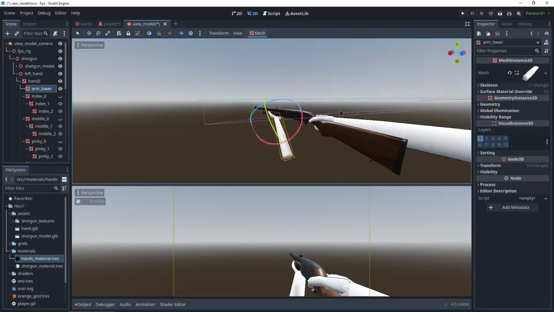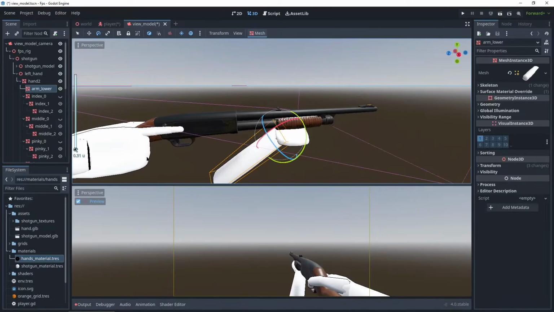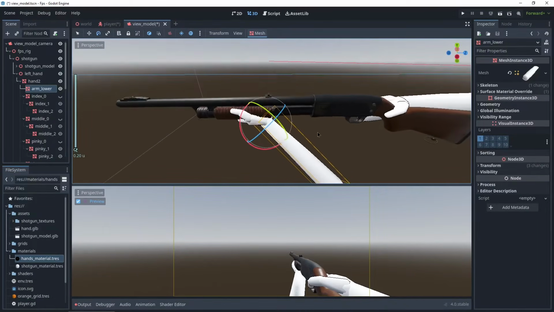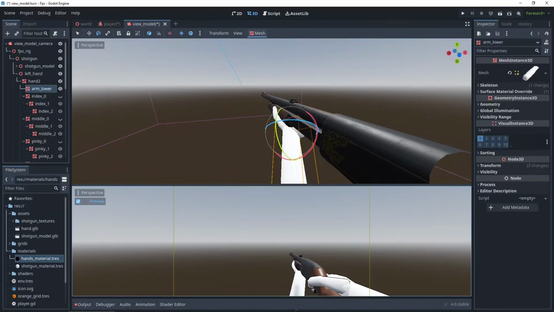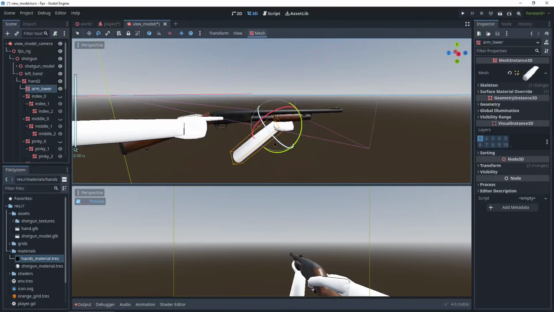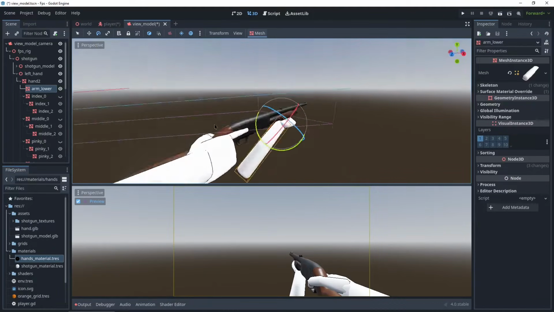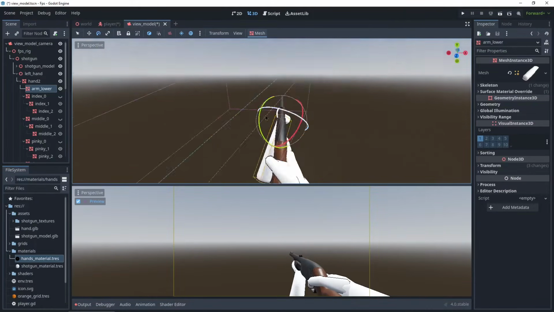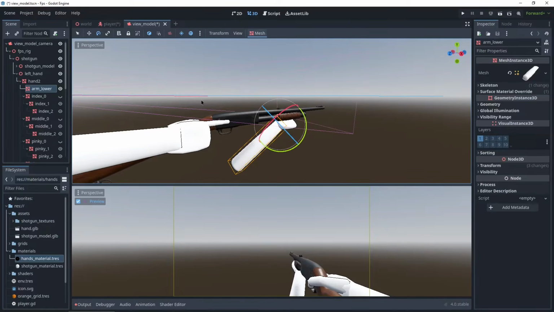Alright, I like that pose. As you can see, I just moved around fingers, moved around the hand, until I got something that looked nice in the viewport. I don't care about this one because we're not going to be seeing the back of the model anyway, we're just going to be seeing this. So last thing I want to do is actually